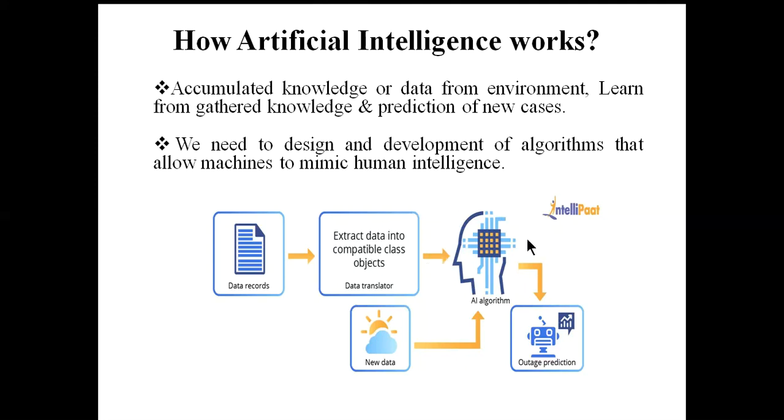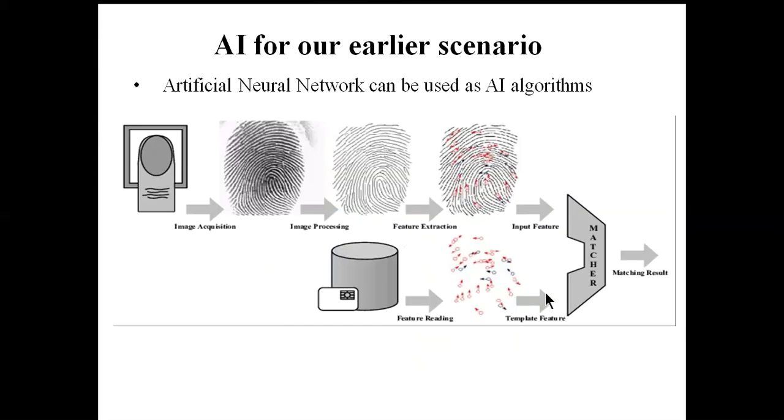Now what this AI algorithm does is use this data to find out some important information from it, which we can also call knowledge or decision making rules. This AI algorithm is responsible for developing those rules. And whenever we introduce new data, based on that knowledge and the AI algorithm, it can predict the corresponding output. So this is basically the working principle of an AI based system.